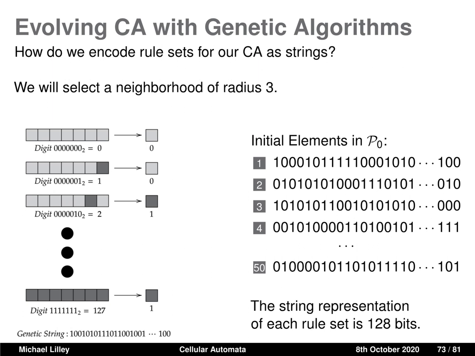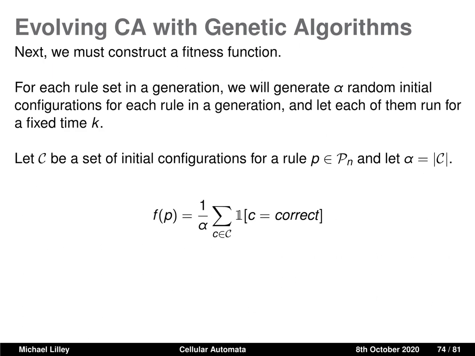So, all we have to do for our initial population is generate some amount of random 128-bit strings, and each of those strings will represent a rule set. Our picture is the first rule that we generated broken down. The last thing we have to do before we can apply a genetic algorithm is construct a fitness function to